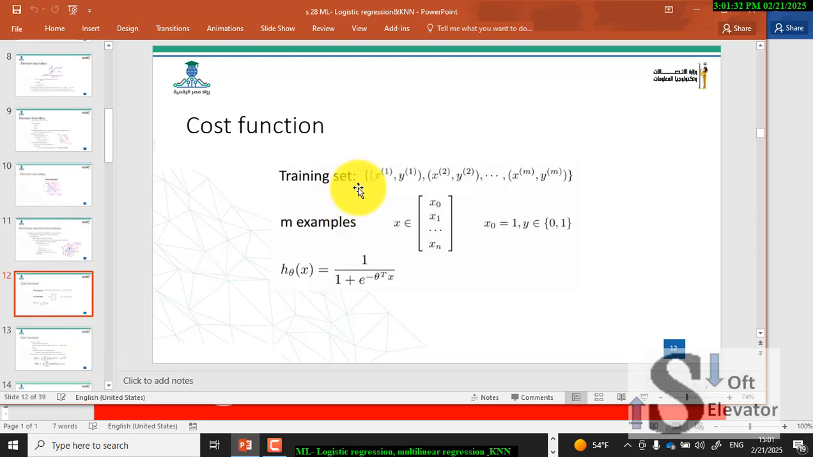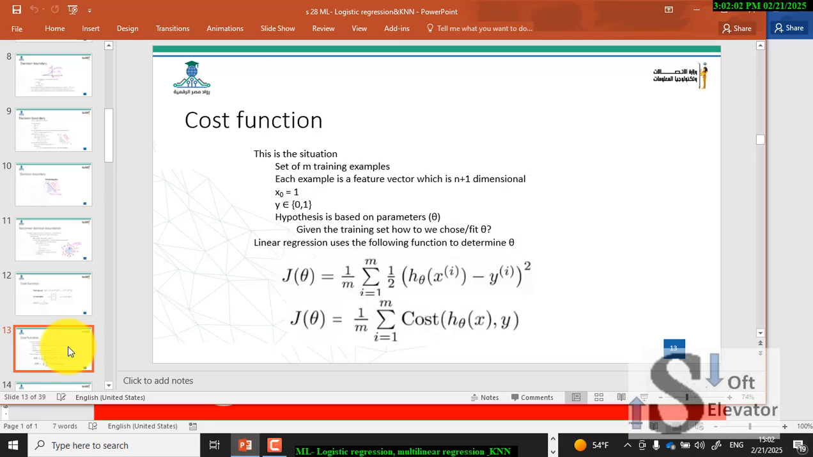This is multi regression, because we have n features. It's polynomial, not linear regression. It's not a line equation, not a first degree equation. It's a polynomial equation, a different equation. So here the cost function, J of theta equals 1 over m, the summation from i equals 1 to m,